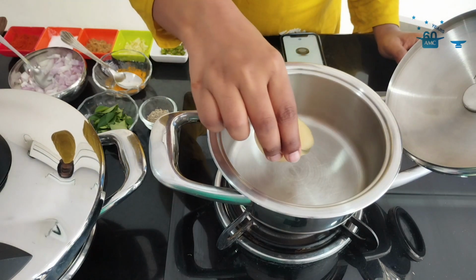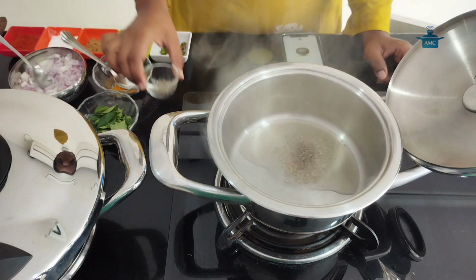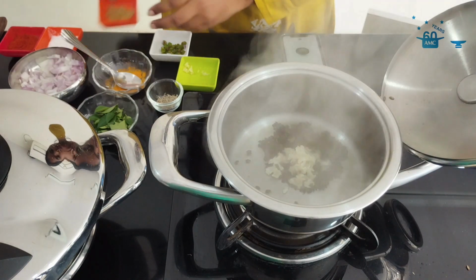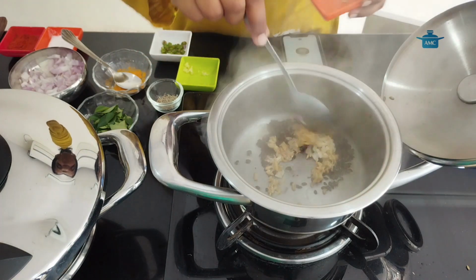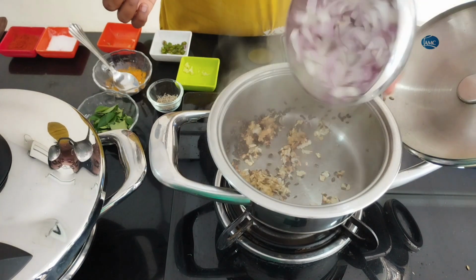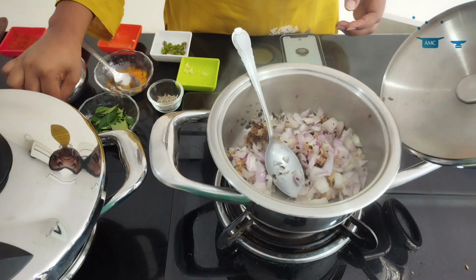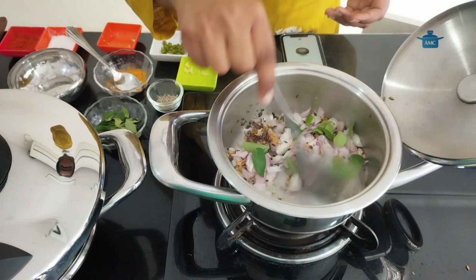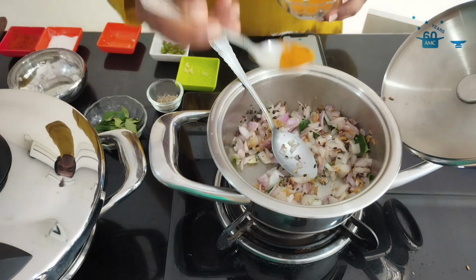I am using a tablespoon of ghee, jeera, crushed garlic, crushed ginger, one onion finely chopped, few curry leaves, adding little bit of turmeric,